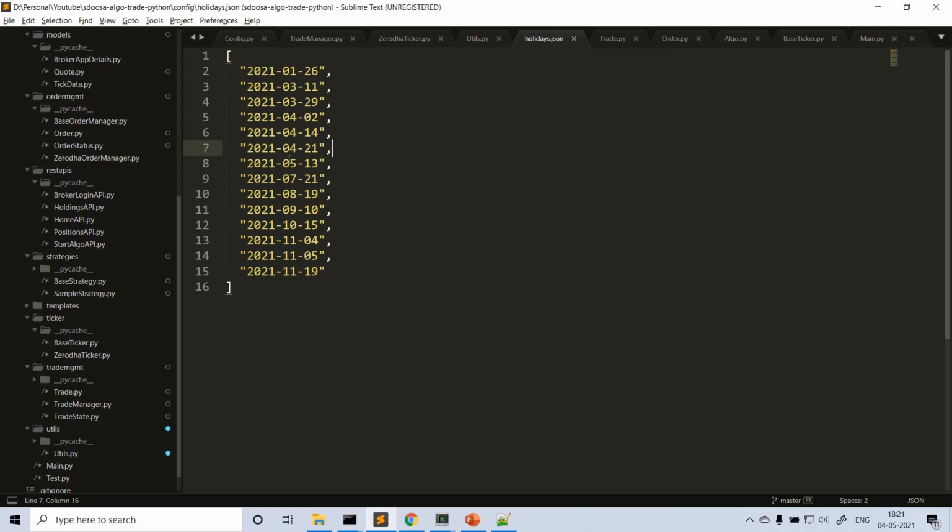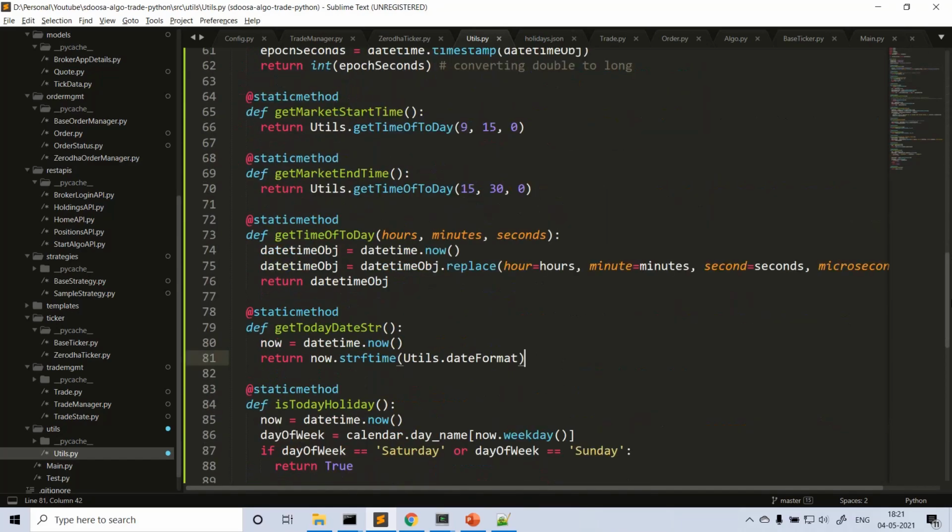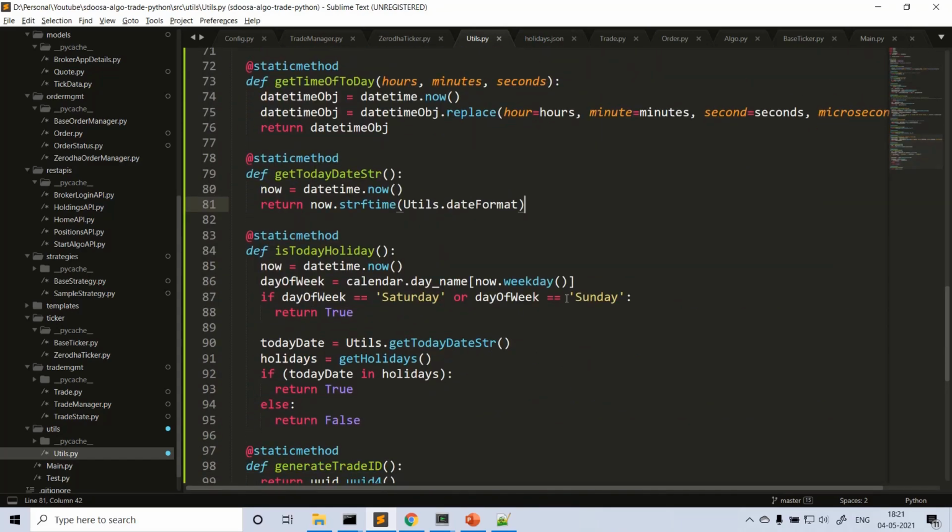YYYY-MM-DD, right? Here what I am getting, so what is the today date string? What is today? 2021-05-04. So that you will get, and we are getting the list of holidays from the get holidays function, which we are